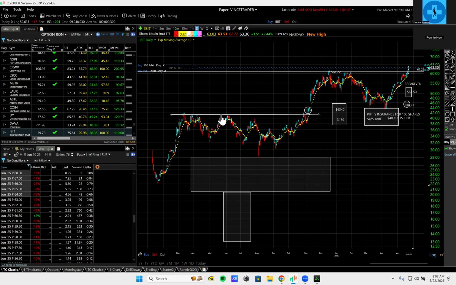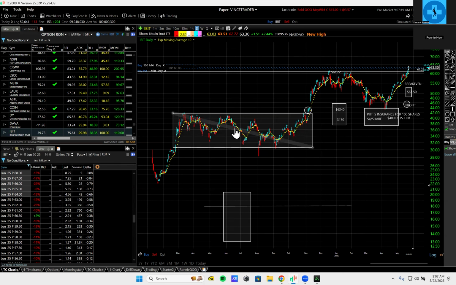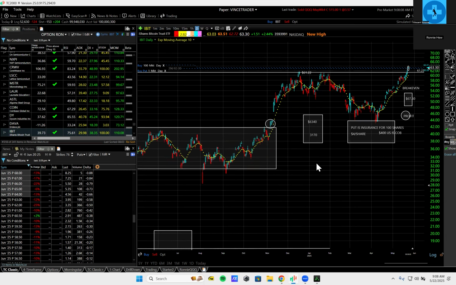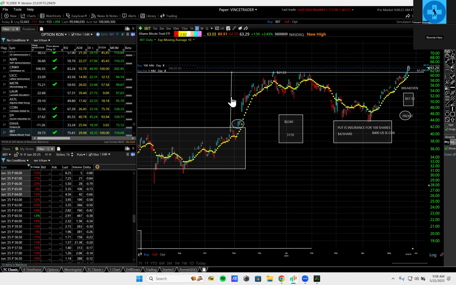It's also called a stage one or base. It's called a floor because when you go there, you go back up. It's called a ceiling because when you go here, you go back down. Kind of like how cages work. So the Hulk keeps bouncing around in here trying to get out. This is where he escapes. And you can see how far he moved upwards until he found another ceiling. So this here is called a measured move or price target or markup.